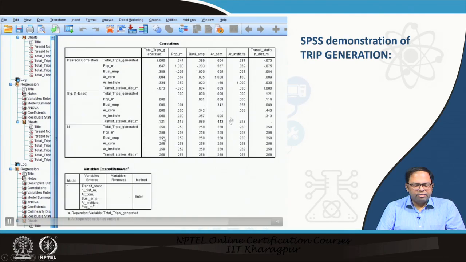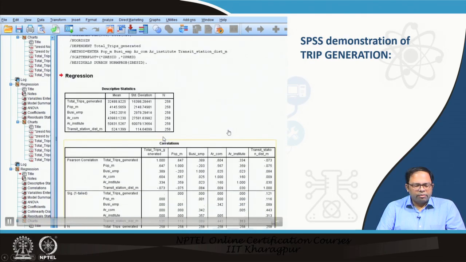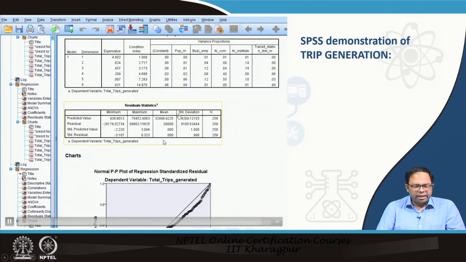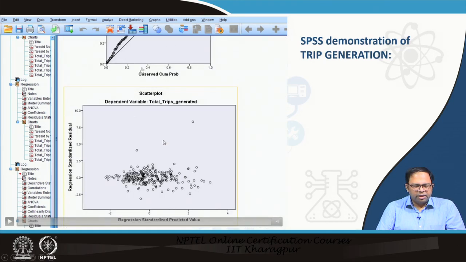And over here you get different kinds of estimates. For example, we start with the descriptive statistics, then the correlations, and then you can see the different plots. This is the plot where we plot the residuals against the dependent variable. So, here we can check for heteroskedasticity or homoskedasticity. Here we can check the PP plot or the QQ plot. This is the PP plot that has been checked.